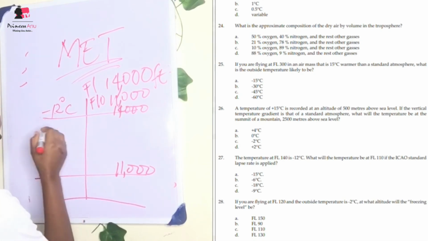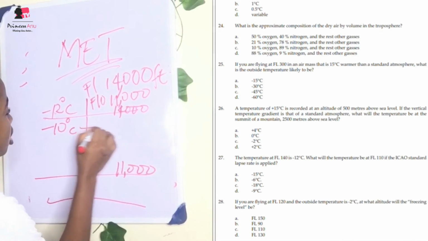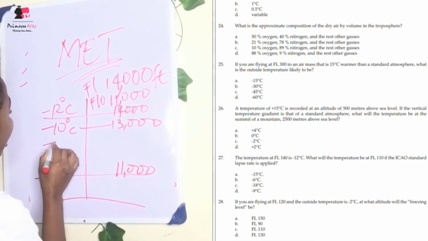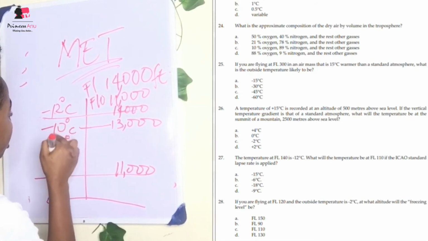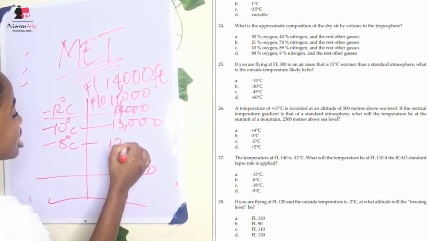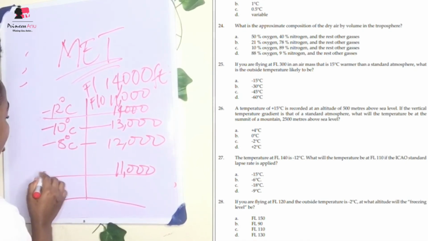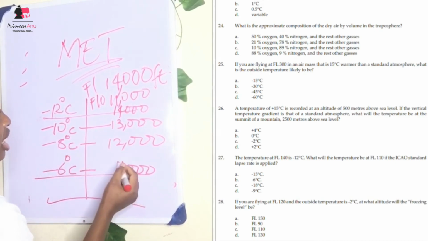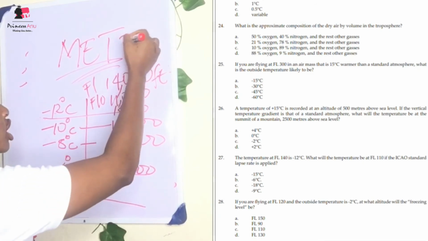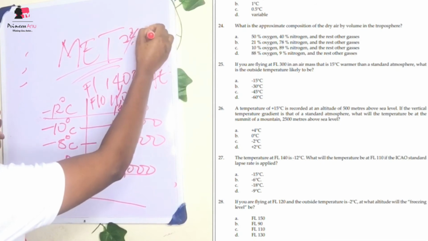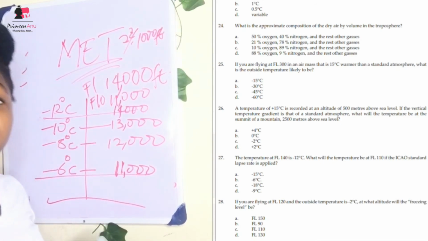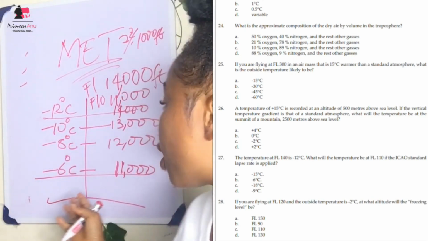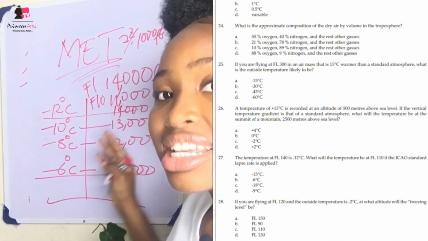So now let's change this. You're going to be having minus 10 degrees Celsius for 14,000 feet. For 13,000 feet, this is what you're going to be having: minus 8 degrees Celsius, because don't forget you're adding 2 to that. You're going to be having this at 12,000 feet, and now minus 6 degrees Celsius. This is quite easy. This is what you're going to be getting at 11,000 feet. So 2 degrees Celsius for every 1,000 feet. Never forget this. It will keep occurring and occurring in meteorology, in aviation. So guys, as you can see, the answer we have based on our calculation is minus 6 degrees Celsius.